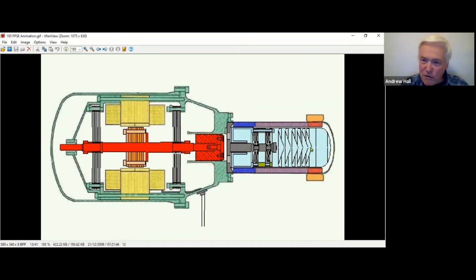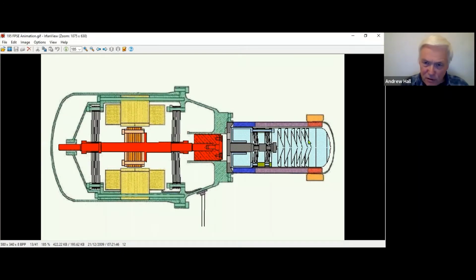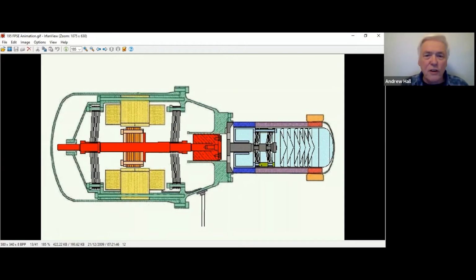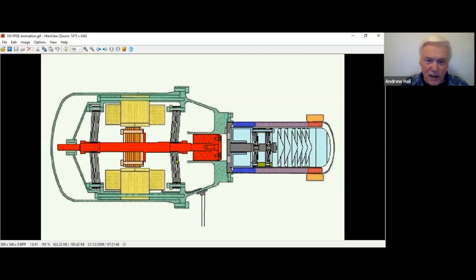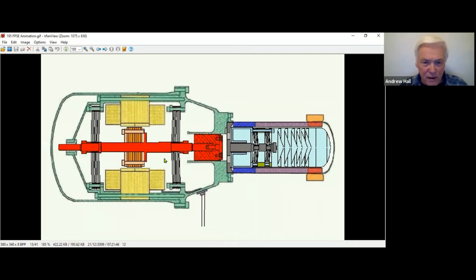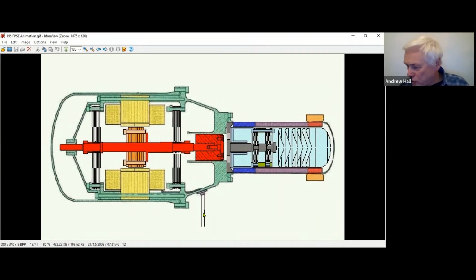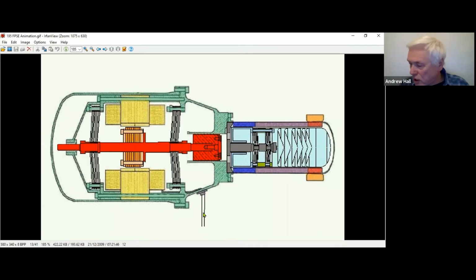But there are only two moving parts in this thing. There's this bit, the displacer, I will come on to that, and then there is the piston and the springs. So maybe it's four moving parts, but that's where the reliability comes from with the Stirling engine. And here are the two wires coming out for the electricity. So let me actually get around to what on earth is going on inside this engine, and what Reverend Robert